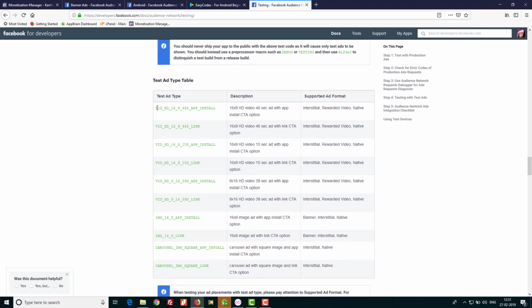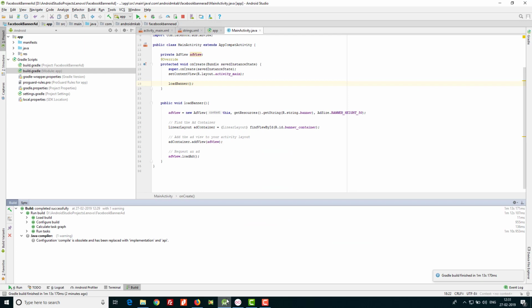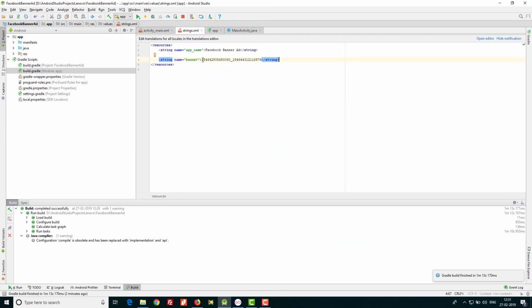You can see the first one here. Just copy this one. This is enough for everything, it will show all types of ads. Go to strings, and just before your ad ID, paste it along with a hash symbol. But remember one thing, while publishing to the Play Store, you should remove this, otherwise it will serve only test ads and you don't get any income.